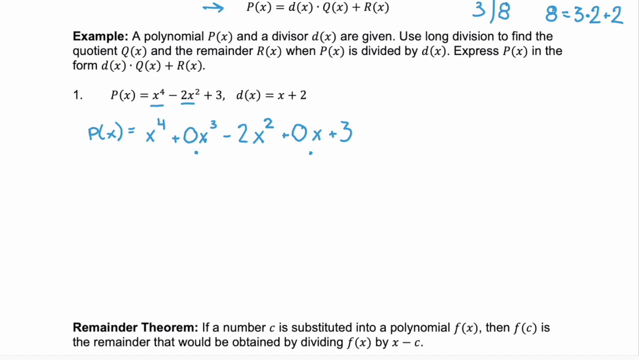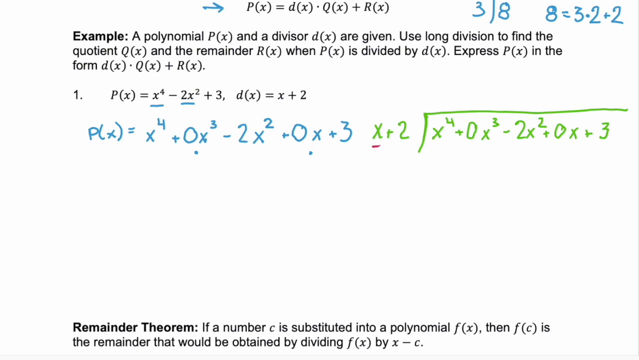So now let's write out the division. So we'd have x to the 4th plus 0x cubed minus 2x squared plus 0x plus 3. And we're dividing this by x plus 2. Now, when you go to divide, you're looking at your first terms. So we're looking at what do we need x to be multiplied by to give us x to the 4th. And that would be x cubed. Because if we do x cubed times x plus 2, we get x to the 4th